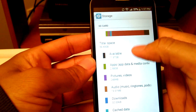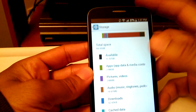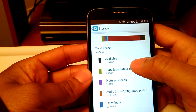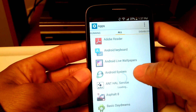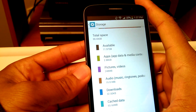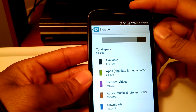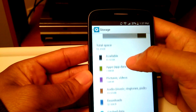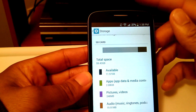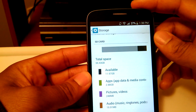Oh, and in case you're wondering how I was able to install a 64 gigabyte card onto the Fierce 2, the reason is I reformatted the 64 gigabyte micro SD card into the FAT32 file storage system, which is what this phone recognizes for external memory storage. Originally the 64 gigabyte card was exFAT, and for phones like this, it usually doesn't recognize it. But the good thing though is if you do install